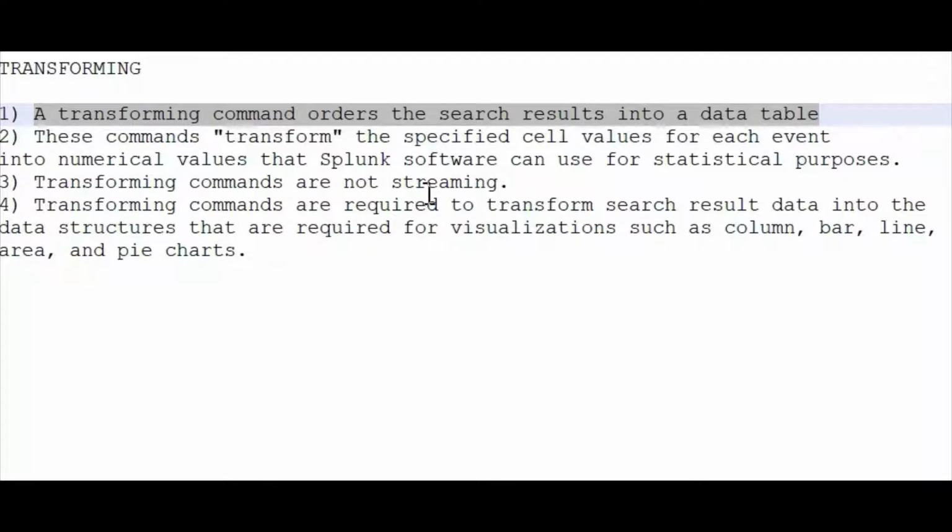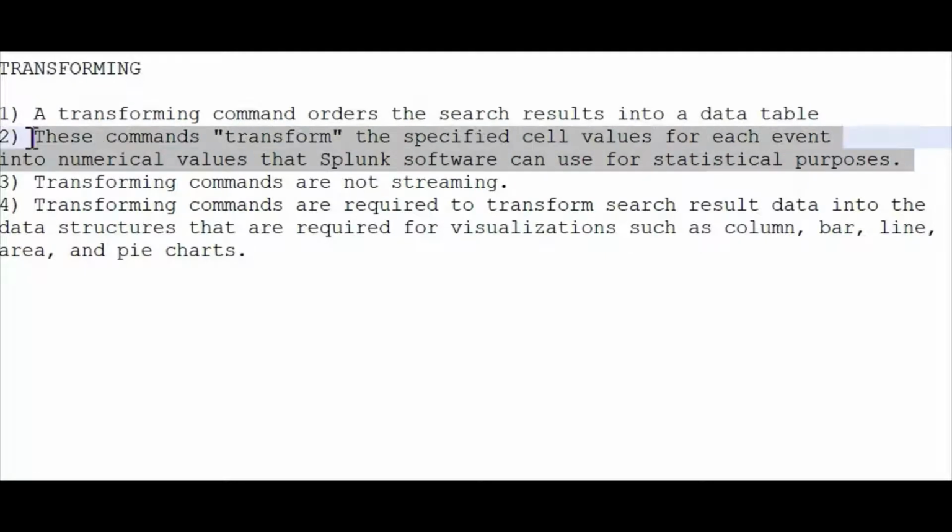The second one is that these commands transform the specific cell value for each event into numerical values that Splunk software can use for statistical purposes.